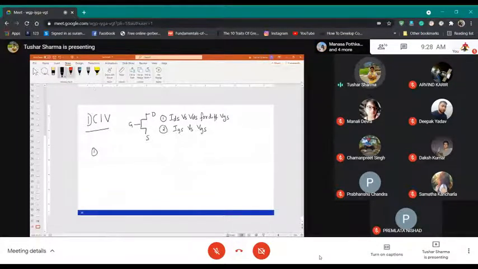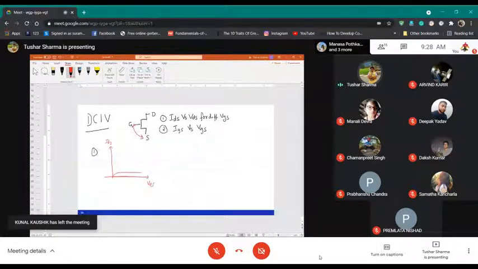How the first one looks like is, you have IDS here, you have VDS here, and you will sweep different VG. VG means gate to source voltage. If the device is off, there won't be any current. Current will be zero.